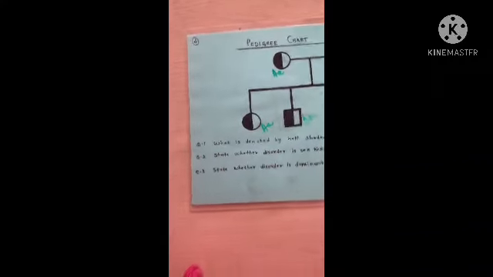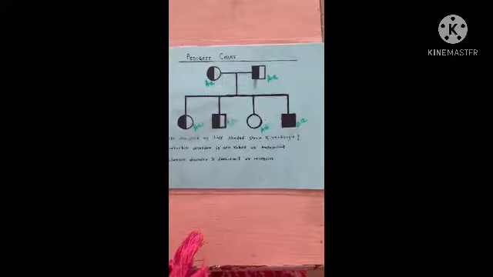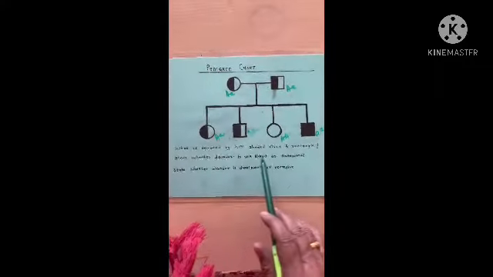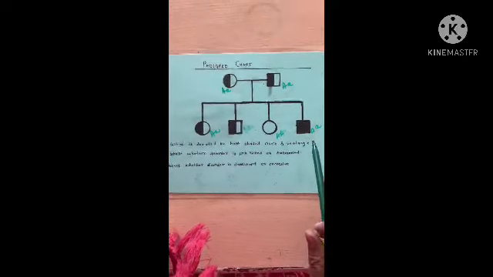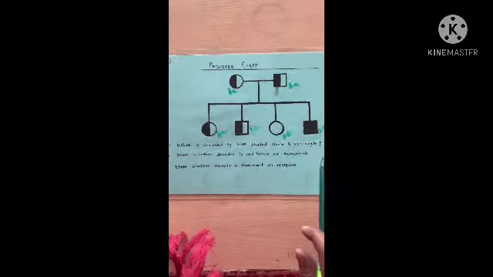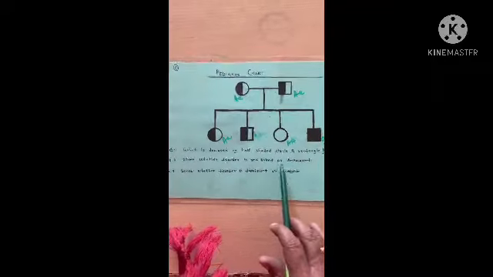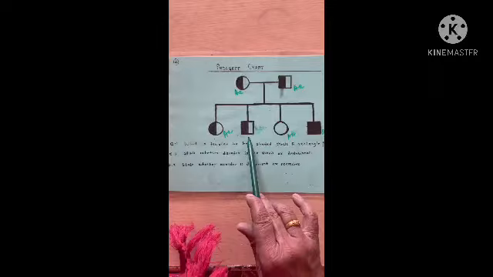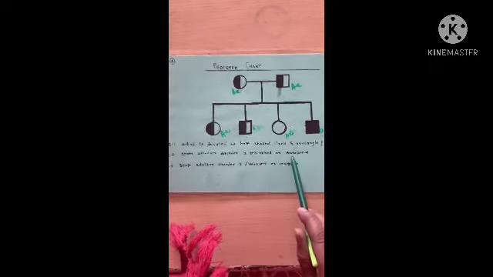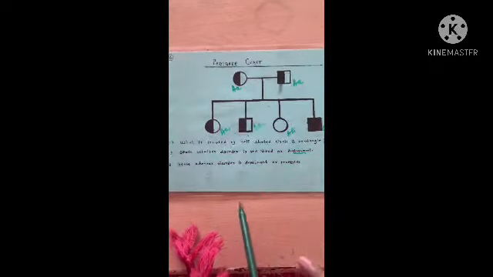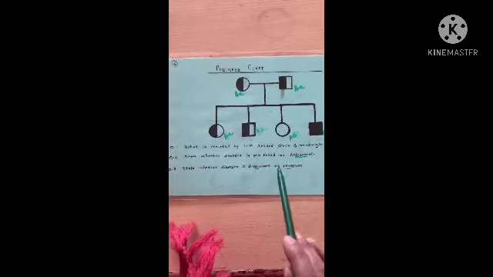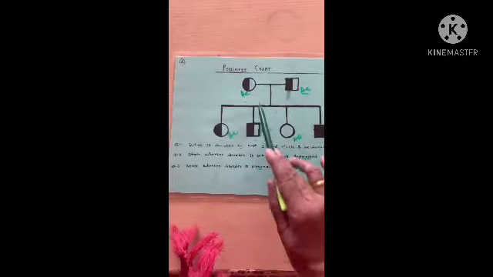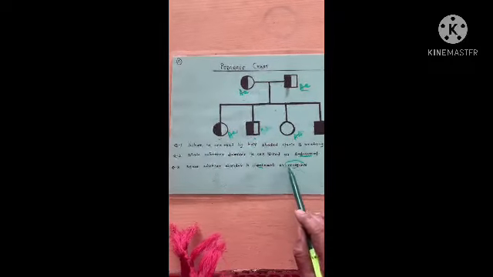Then coming to the next pedigree chart. This one is a simple pedigree chart. So what is the question? What is denoted by the half shaded circle and the rectangle? Half shaded is the carrier. And state whether it is sex linked or autosomal. Here the female is also affected and the male is also affected, so the conclusion is that it is an autosomal disorder. Whether it is dominant or recessive: both are in the heterozygous condition, meaning they are carriers, they are not diseased. So what conclusion can be derived? It is a recessive disorder.